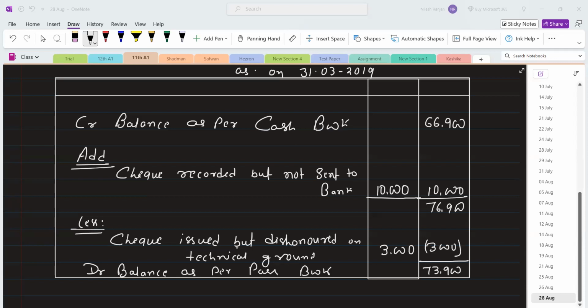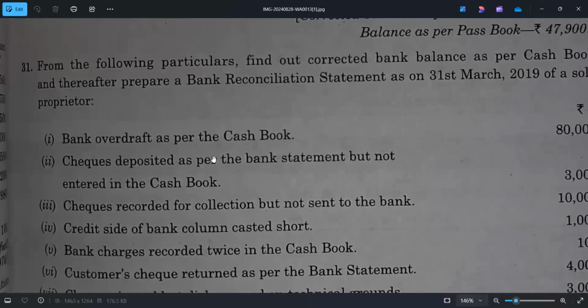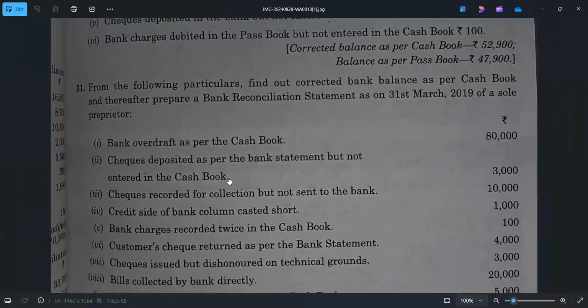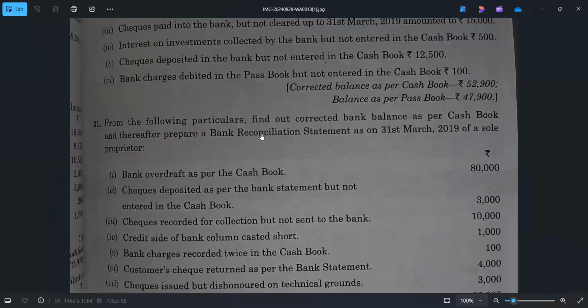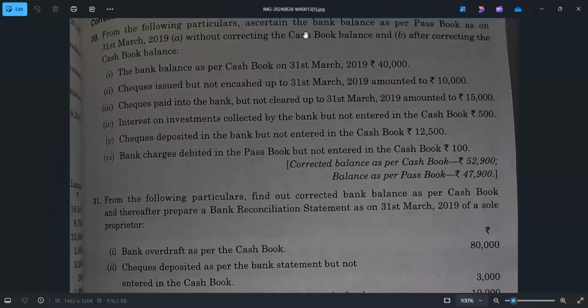Okay, so this is the portion, and now you have to solve the next one. Or you can take a screenshot of this portion if you want. Question number 30. So this is the homework. I will share it with the team and they will